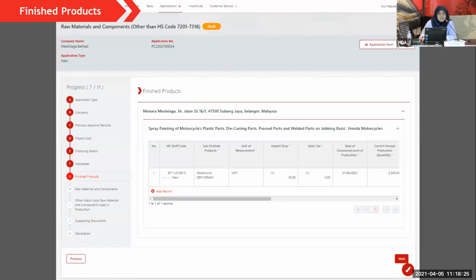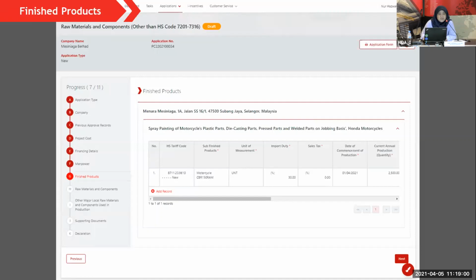Okay, in the early implementation of the invest measure, we had issues with the HS code validation. A lot of companies reported in the help desk that once they keyed in the HS tariff code, the description or the information was not updated or not reflected. We have fixed all those issues.